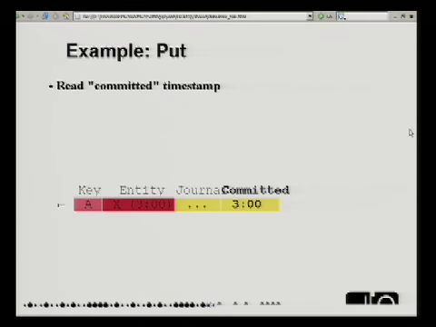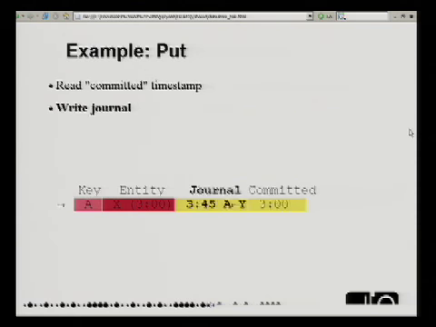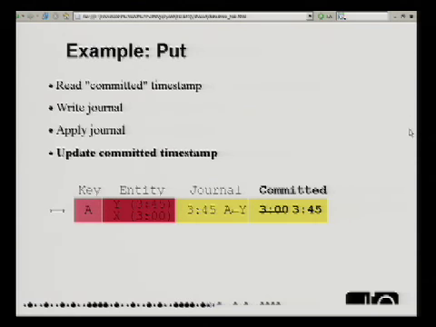I'm not going to have enough time to get through the extended example, but let me try to retrofit part of that later example into this one. If you remember, at the beginning we read the original committed timestamp. We said, okay, we're starting our transaction. We know the last time this entity was written was 3 o'clock. Go through to the end. What we're going to do before we write out the new committed timestamp is